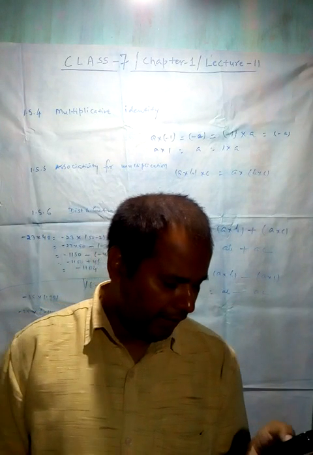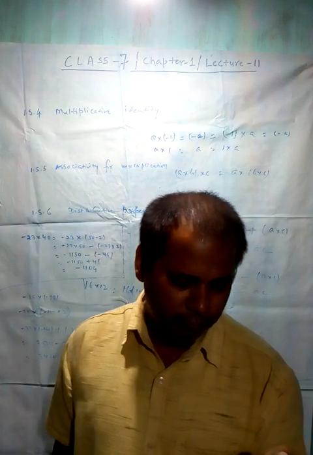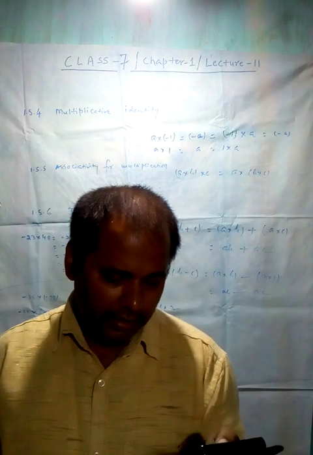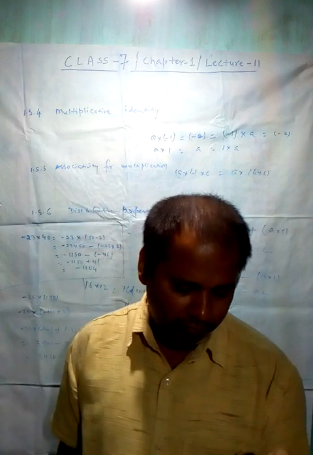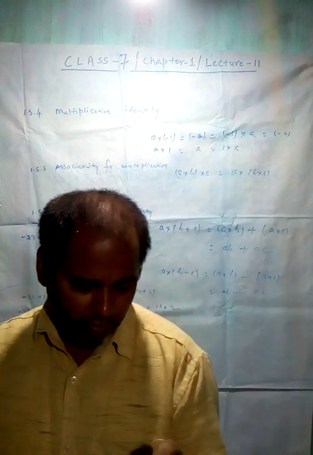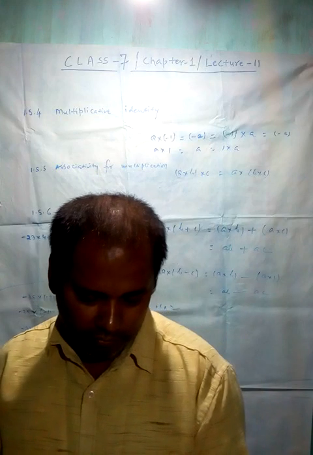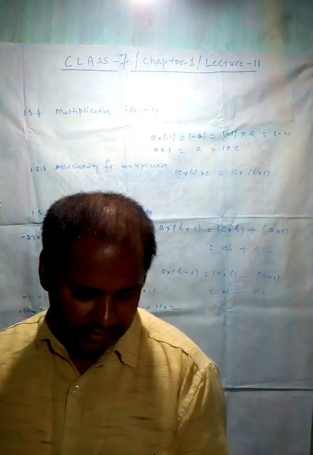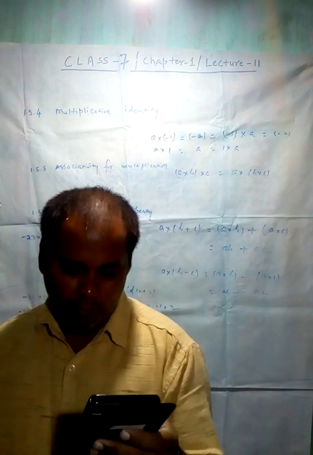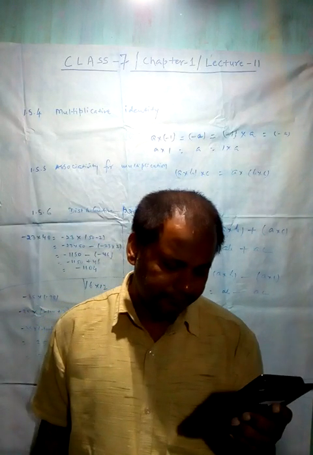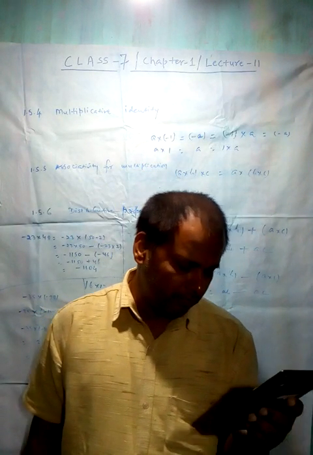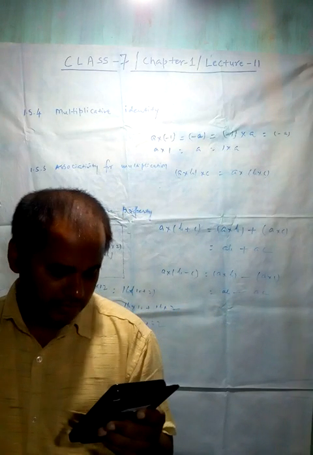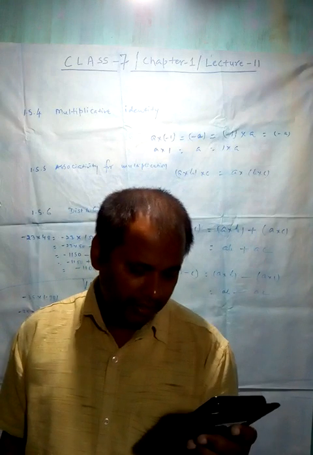Example number 4: in a class test containing 15 questions, 4 marks are given for every correct answer and minus 2 marks are given for every incorrect answer. One, Gurpreet attempts all questions but only 9 of her answers are correct. What is her total score? And second, one of her friends gets only 5 answers correct. What will be her score?